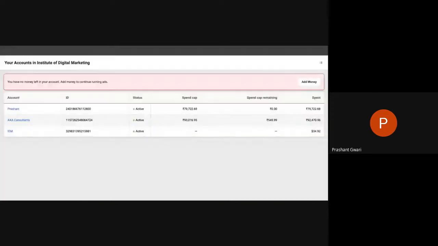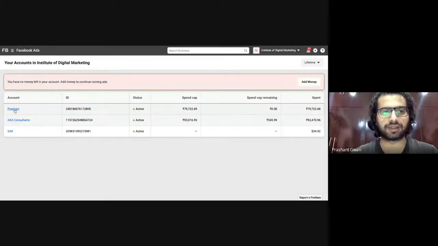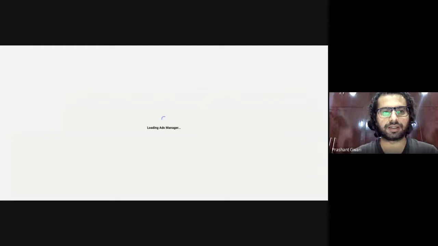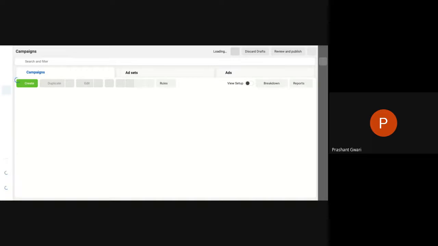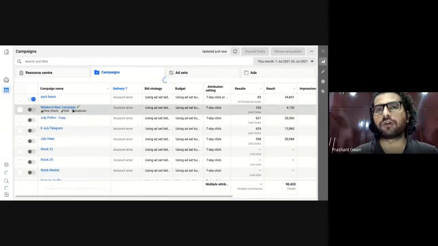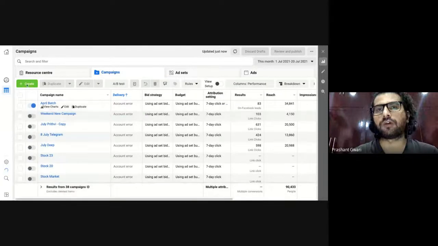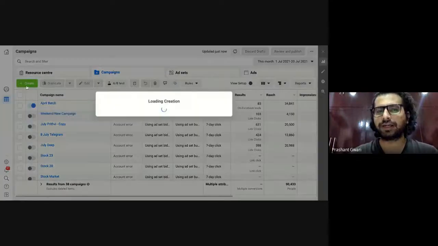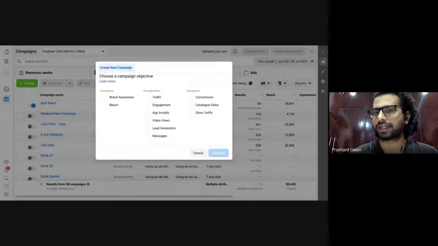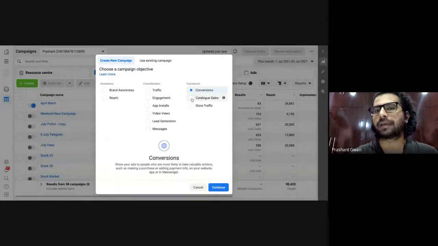Once you click on the advertisement part, let's say I am clicking here on the ad manager, and once the ad manager opens, we will click on the create button and choose the campaign, which is the last part of the sales funnel, which is also the last part of your buyer's journey. So once you click on the create button like this, you will choose your campaign objective from here, and the campaign objective will be the conversion one. That means the conversions happening on your website.